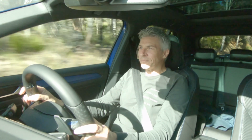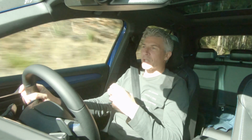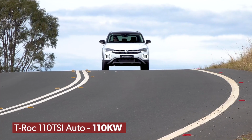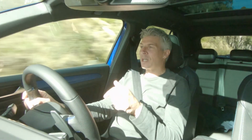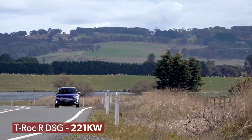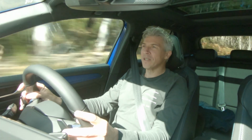Here we go. 0 to 100 in 4.9 seconds. Yeah, okay. Now you can feel the step in performance just going from the 110 TSI style to the 140 TSI R-Line, from 110 kilowatts to 140 kilowatts. You can definitely again notice the step up from the 140 TSI to this 221 kilowatt R model, noticeably quicker